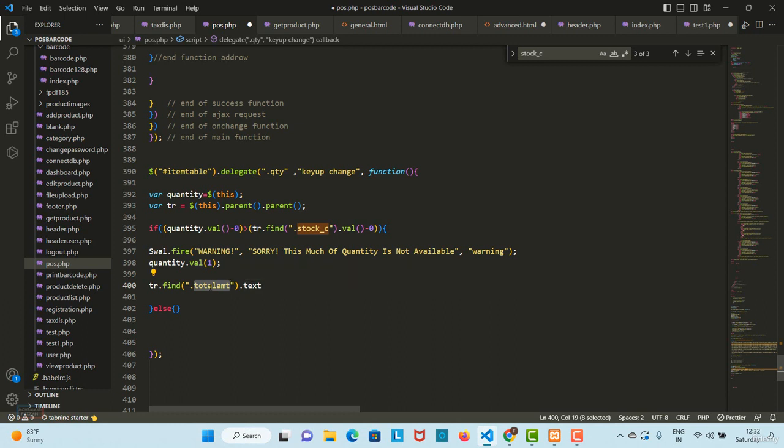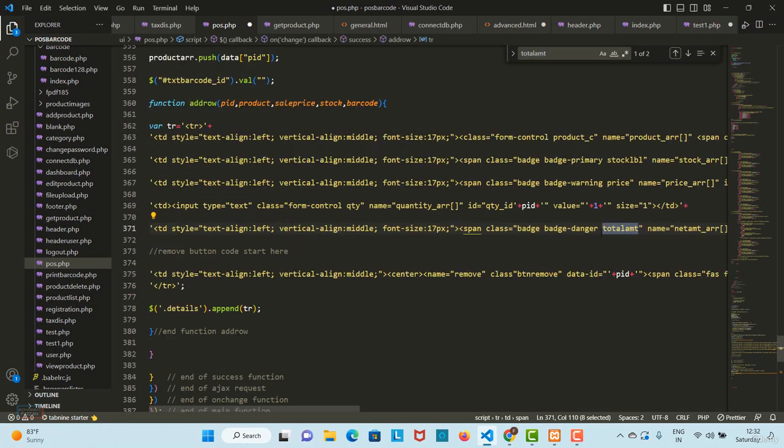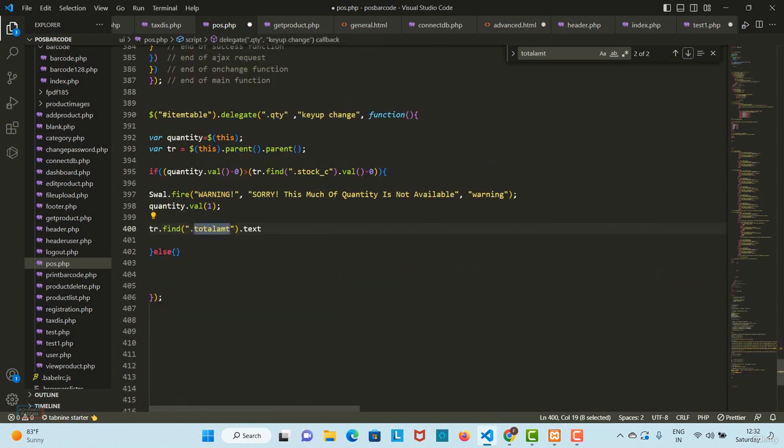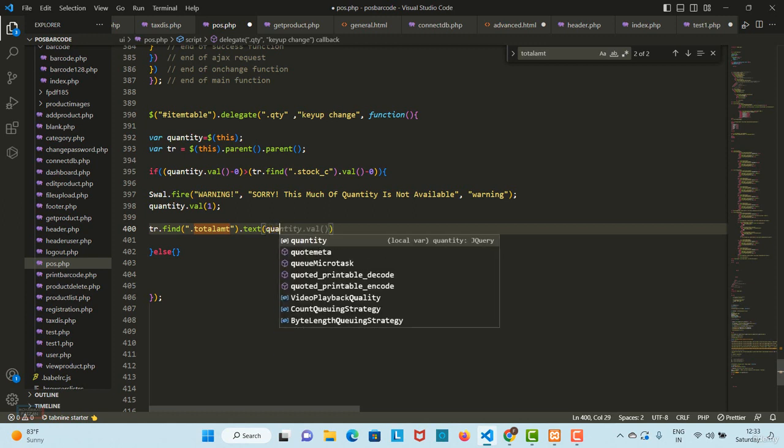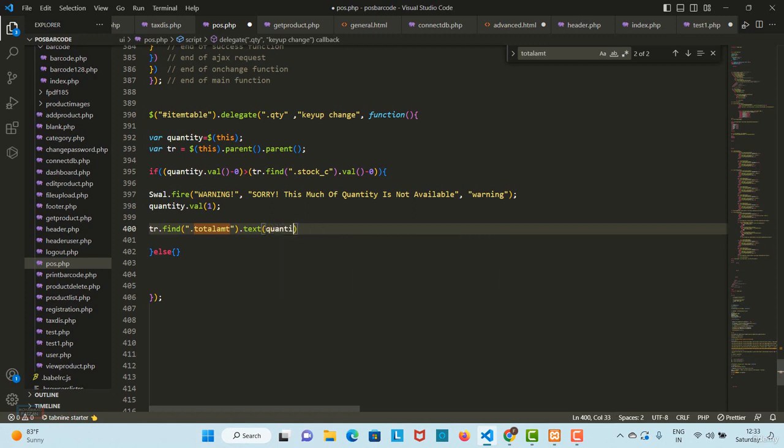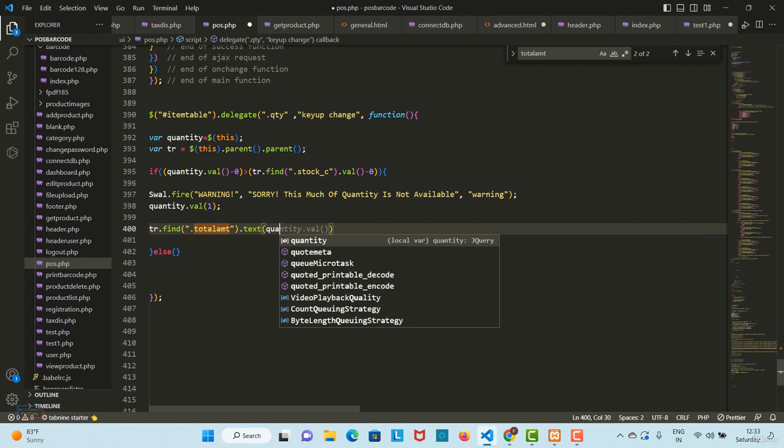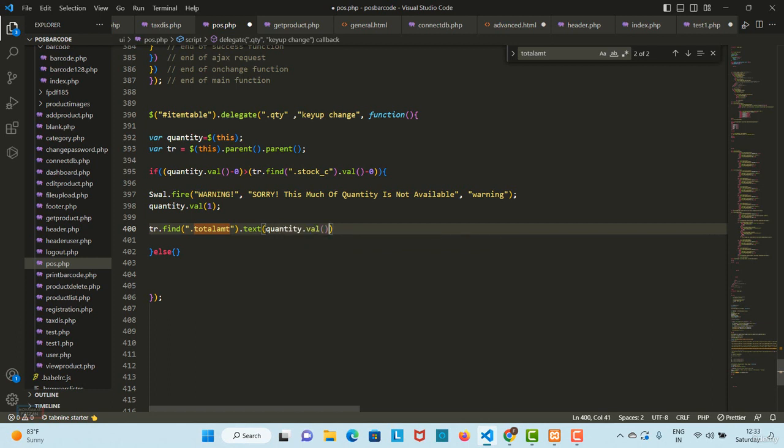Let me copy and find, and let me show you where I am taking this. You can see here this is the badge danger, and this is the class total AMT. So I am using total AMT and then text, and inside the text I am giving quantity